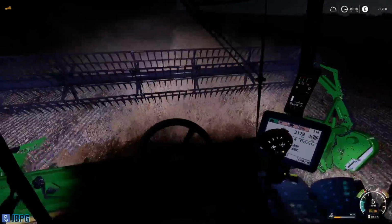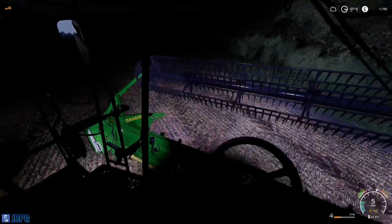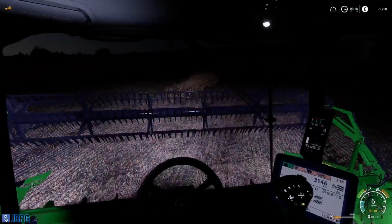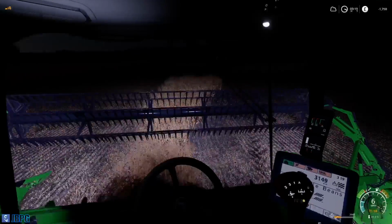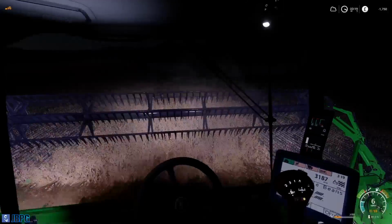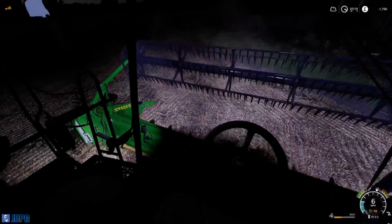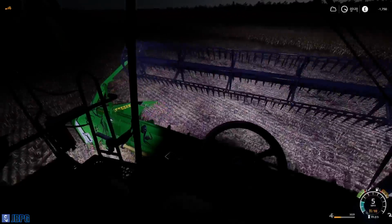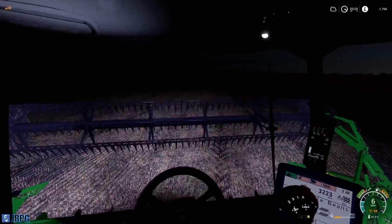Let's just grab that little bit behind us as well, so we don't have to come all the way back to the bottom of the field. Just for that little piece. There we go. I wonder how much fuel we're going to burn through today. Not quite a full tank, but not far off. I can see it's probably using, maybe getting down to about half a tank, maybe even a little bit more than that. We'll have to see,